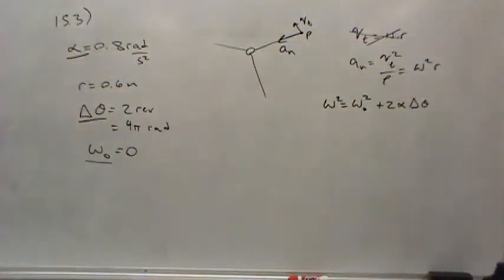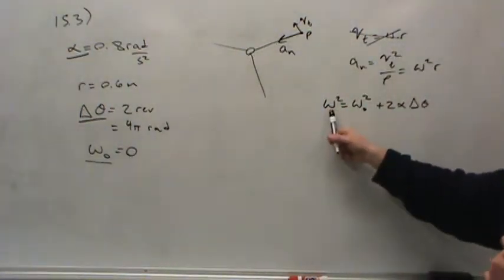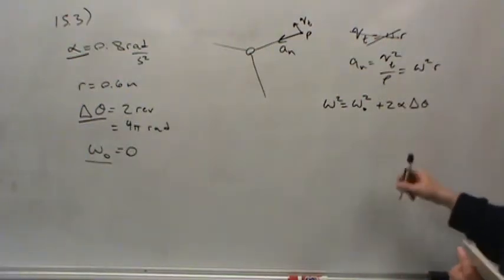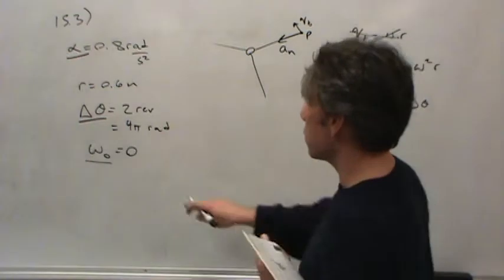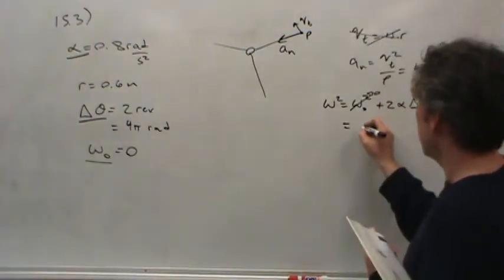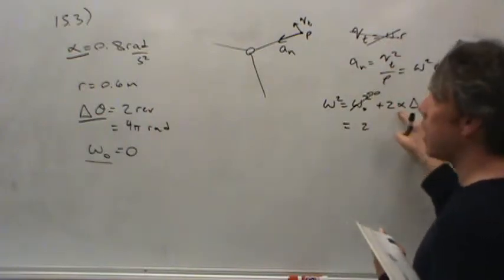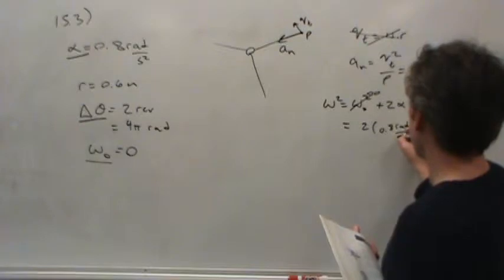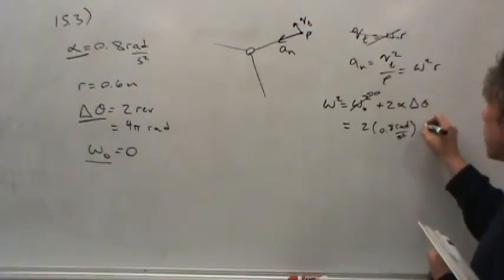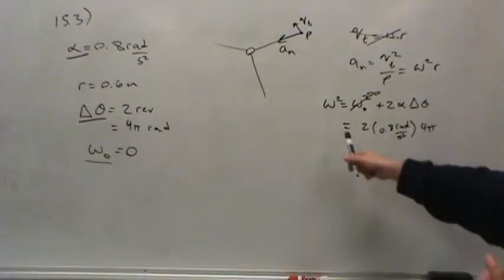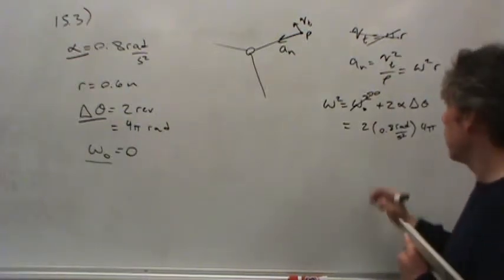This equation should tell us the angular speed after the 2 revolutions or the 4 pi radians have been accomplished. So let's plug in the numbers and see if it does. So omega naught, 0, no point in even writing it down, plus 2 times alpha. Alpha is 0.8 radians per second squared, multiplied by delta theta. I'm going to use radians, 4 pi. Okay, otherwise my units won't come out the way I want them to. So I need some